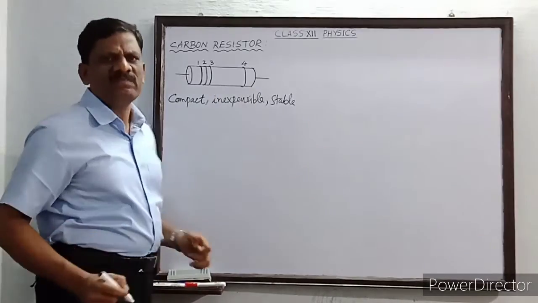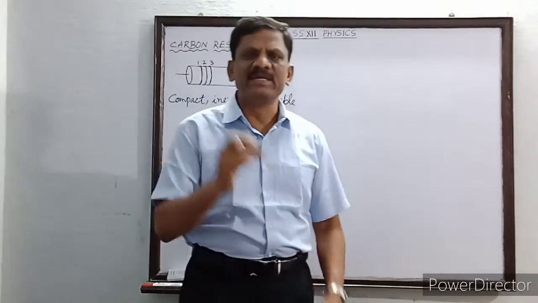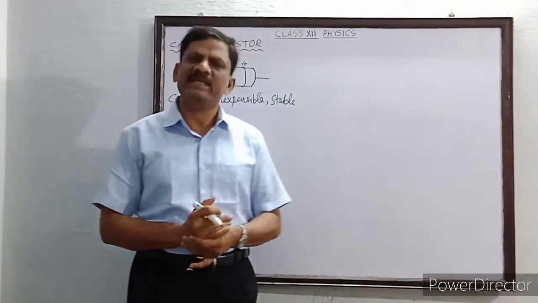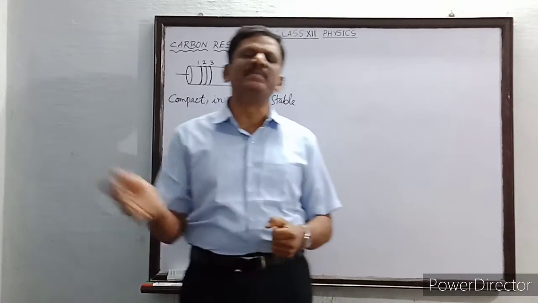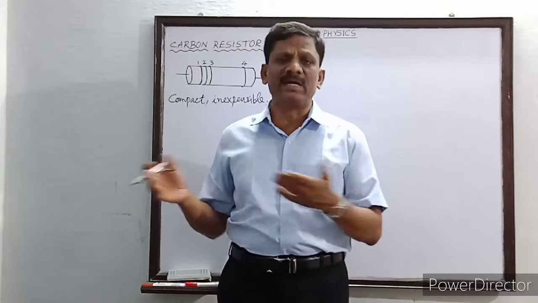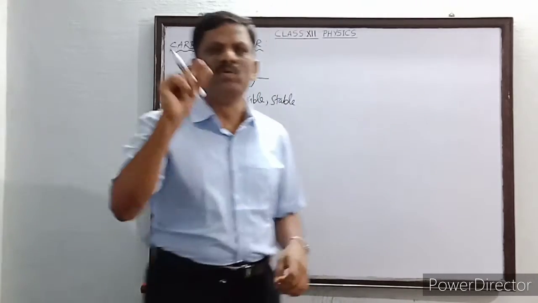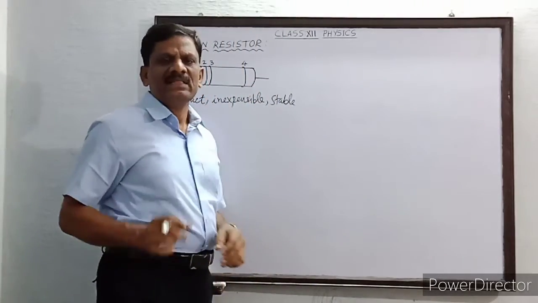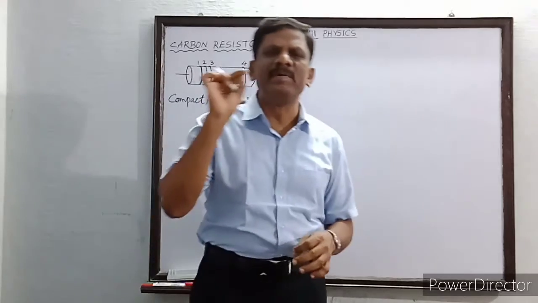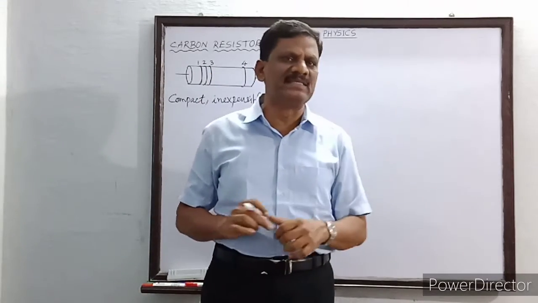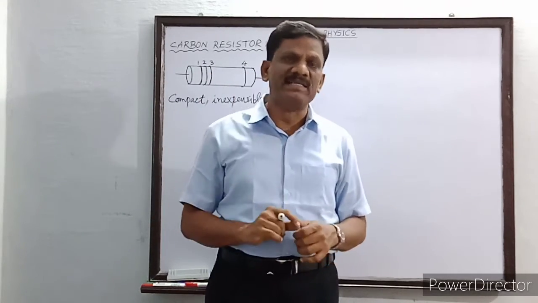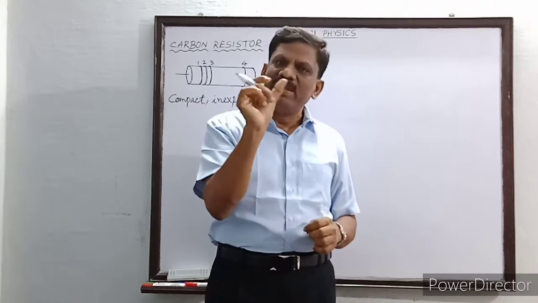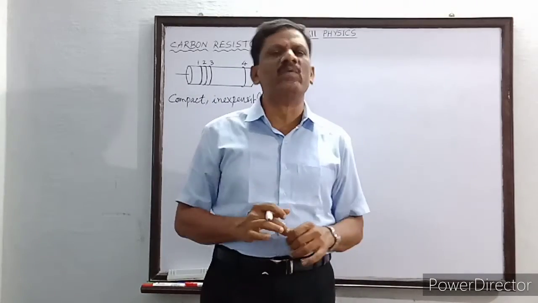What is the value of the resistance? What is the SI unit of resistance we have studied? It is ohm. And higher units means what? Kilo ohm and mega ohm. But if you take one resistor, the value of the resistance may not be printed as it is already very small in size. So the value of the resistance will not be printed over it.